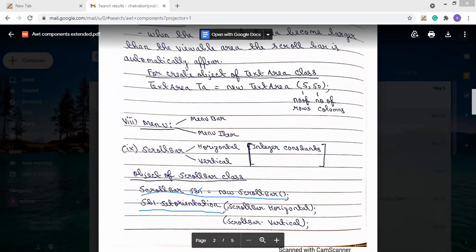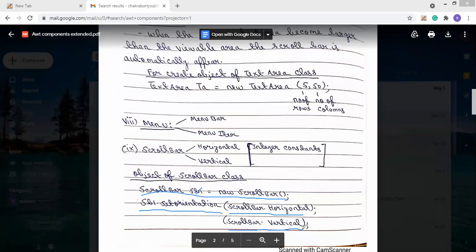Inside the setOrientation method, we have to pass whether it is horizontal or vertical. For horizontal we use Scrollbar.HORIZONTAL, and if we want vertical, then we use Scrollbar.VERTICAL. So scroll bars can be created as horizontal and vertical.